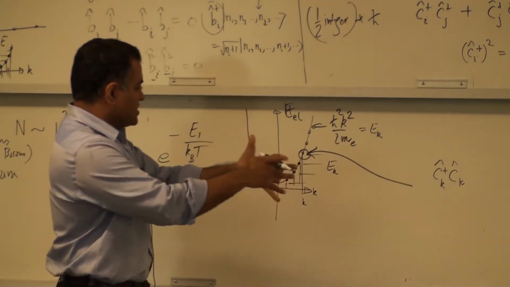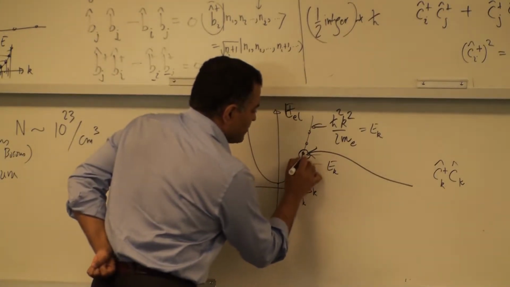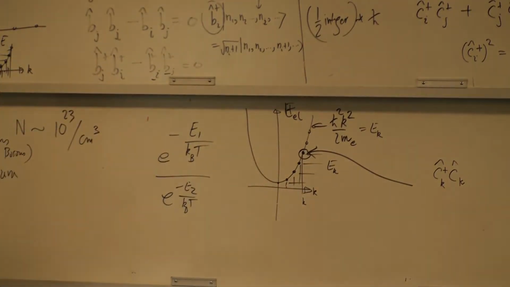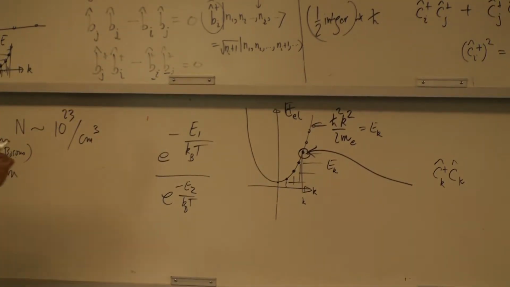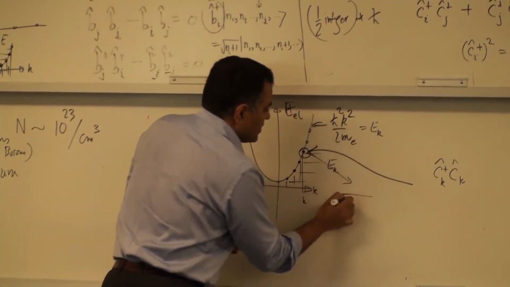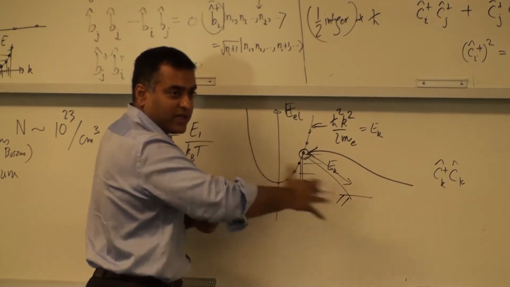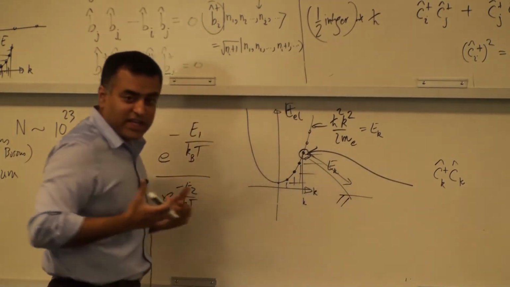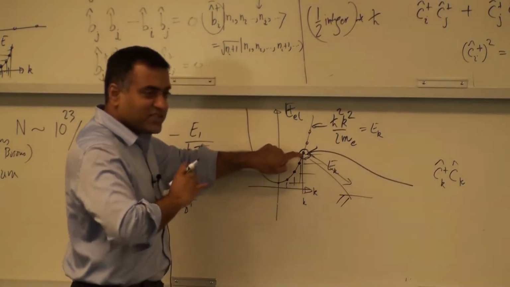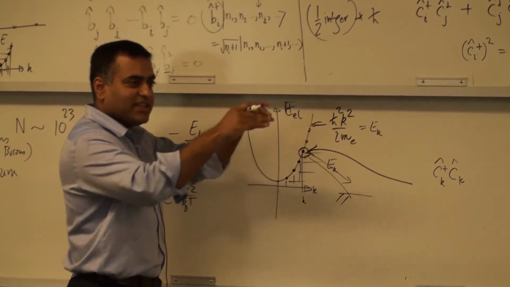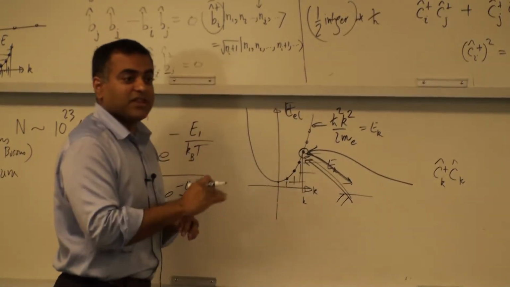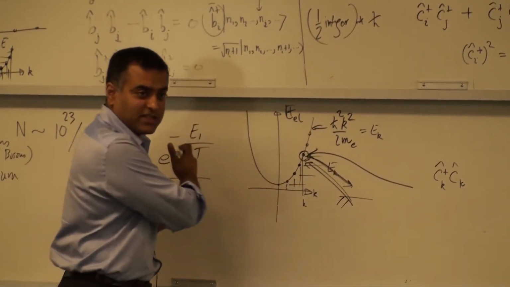And whenever a system is in thermal equilibrium with something else, the number of particles is fluctuating. It's not constant. Why? Because this can be giving particles away to the heat bath, or particles can be coming back from the heat bath. It could be dumping energy or gaining energy. But that's the meaning of equilibrium. Equilibrium doesn't mean that the number is not changing in time. It's saying that statistically there is a process where it's dumping energy and gaining energy, but the net energy gain and loss is zero. And it's a statistical average.